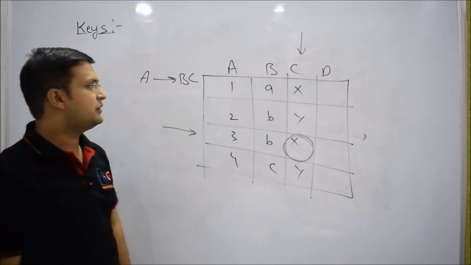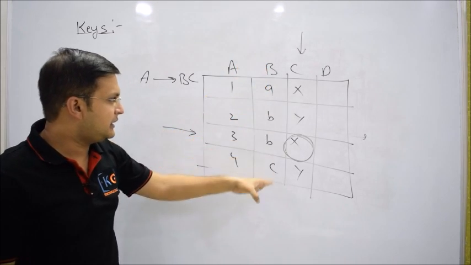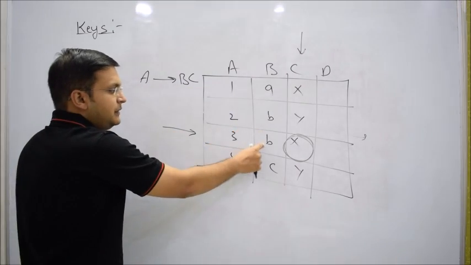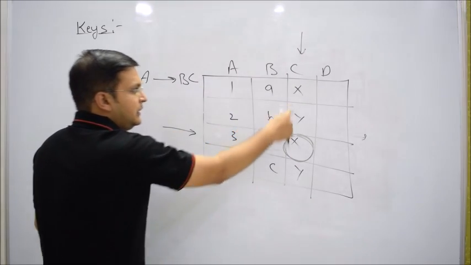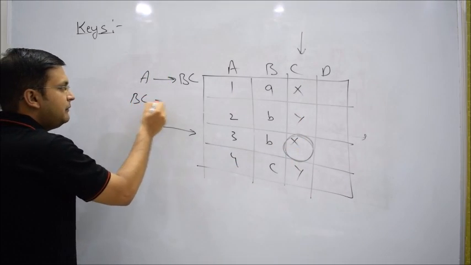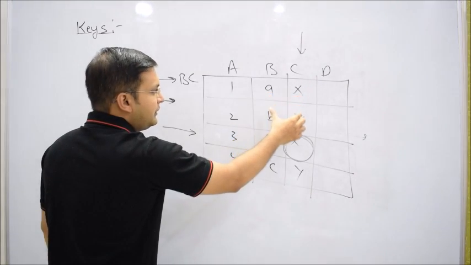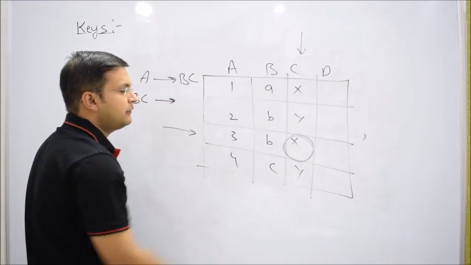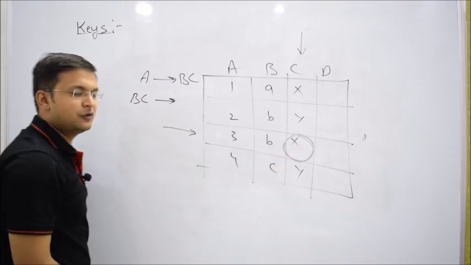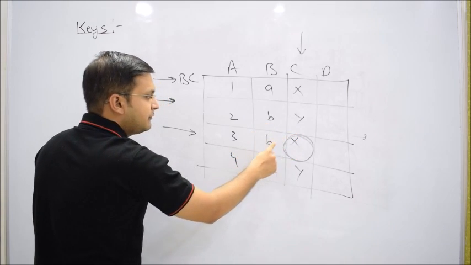Okay, one more logic. Individually, B is not capable of finding a row uniquely, because B is replicated, and individually C is also not capable. But can I use B and C both together to select a unique row? If you take both B and C together, the combination is unique. For example, here you have X, but here you have AX and BX, so there's no problem. Again, B is common, but with B you have here Y and you have X.